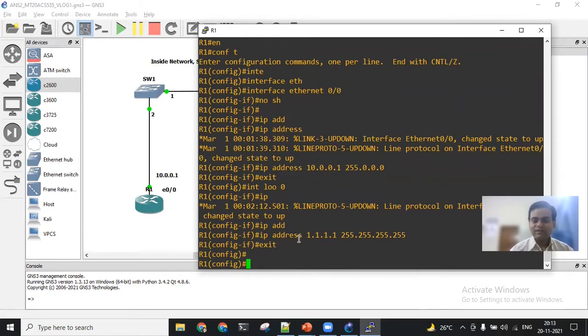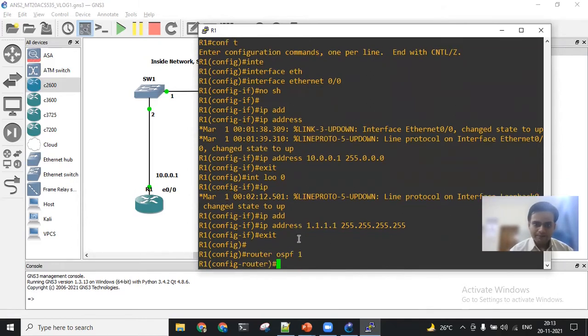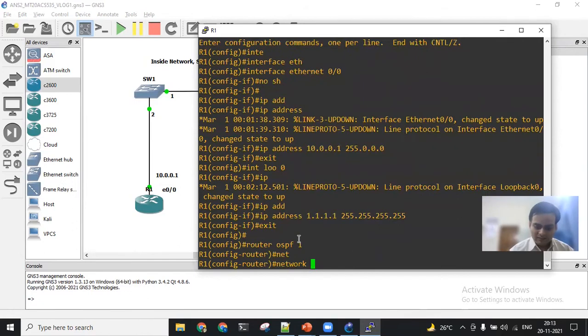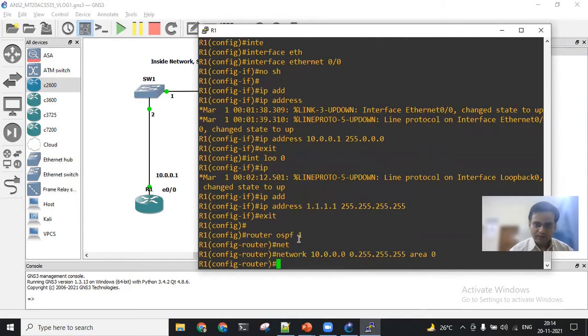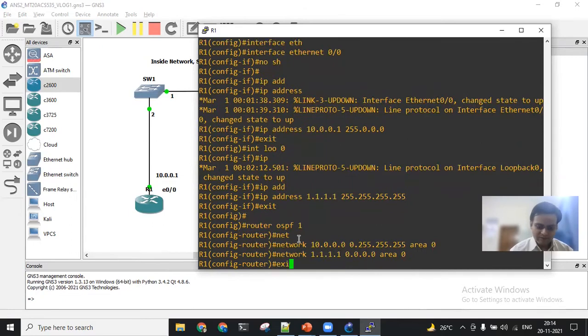Now we need to configure the routing protocol on this particular router. So how do I do that? I will go router OSPF, let's give OSPF 1. What is the network ID that I want as a part of area 0? I can give two networks: network 10.0.0.0 with wildcard mask 0.255.255.255 area 0, and network 1.1.1.1 with wildcard 0.0.0.0 area 0. Enter. Fair enough. Exit